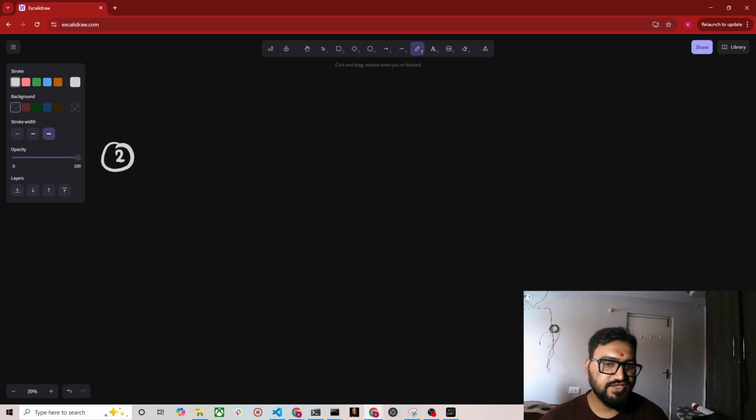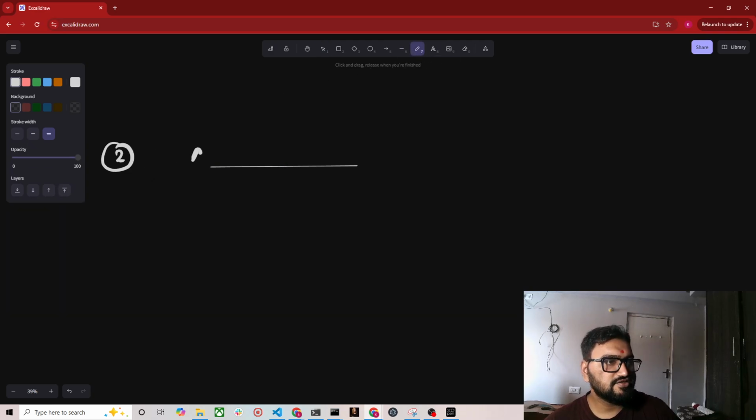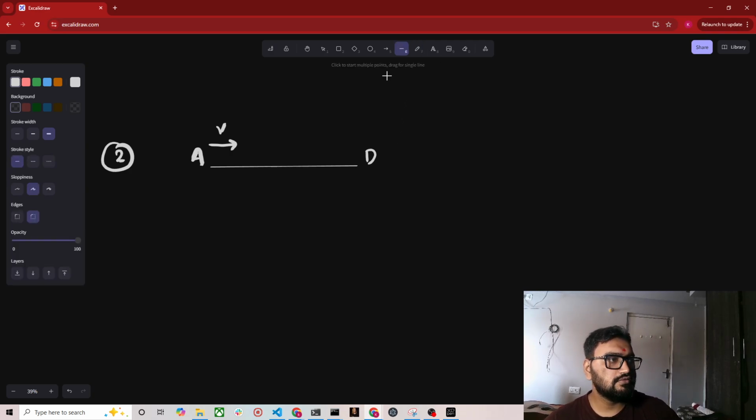It's been mentioned that there is a person located at point A on a highway. So let me draw the highway first. This is my highway, and my person is initially at point A, and this is point D, and this is my highway. On the highway the person moves with a velocity of v, but the person actually needs to travel to a point P which is at a distance of L